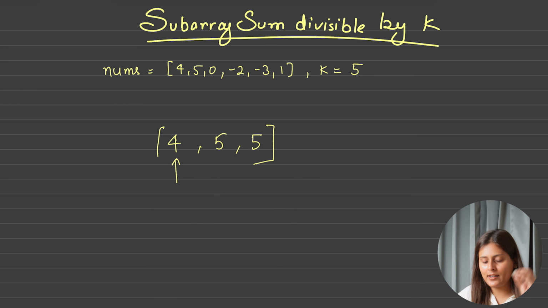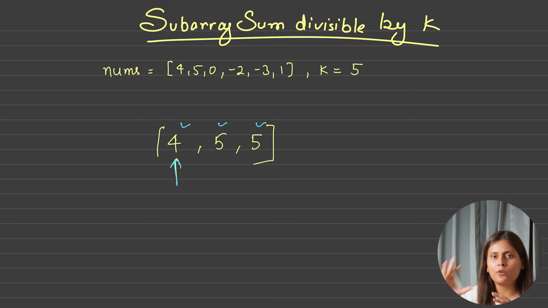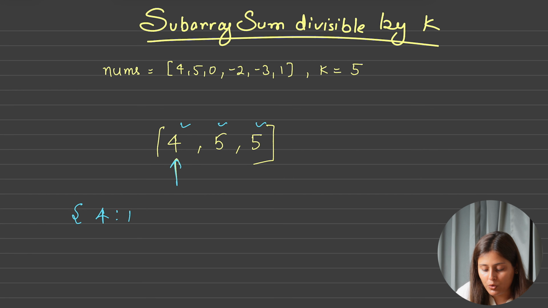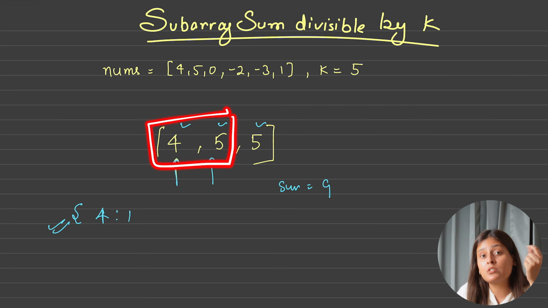Let's see how. Now let's take another example, which is 4, 5, 5. Initially we will be at 4 and we see that 4 is not divisible by k, correct? And in the map we have no such element, so we will put 4 with frequency 1. Next time our prefix sum will go here and the total sum will become 4 plus 5, 9. What is the modulo for 9? 9 is not divisible by k, correct? Again we saw the modulo for 9 is 4 only. And is there any 4 sitting in the map? Yes, it is. What is the frequency of that? 1. So I can say that till this point I have found one subarray whose sum is divisible by k, correct?